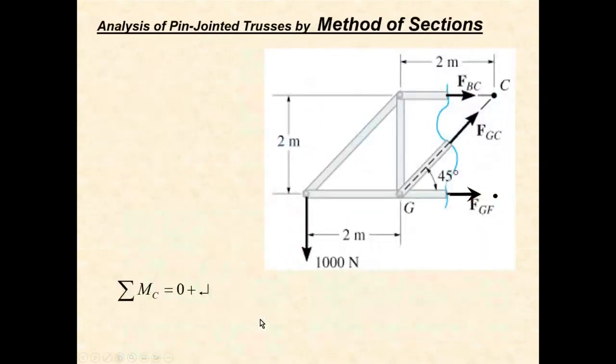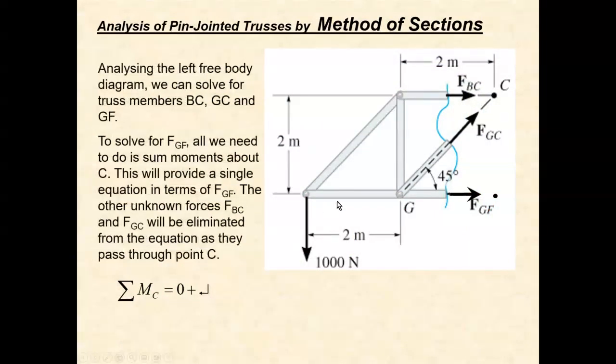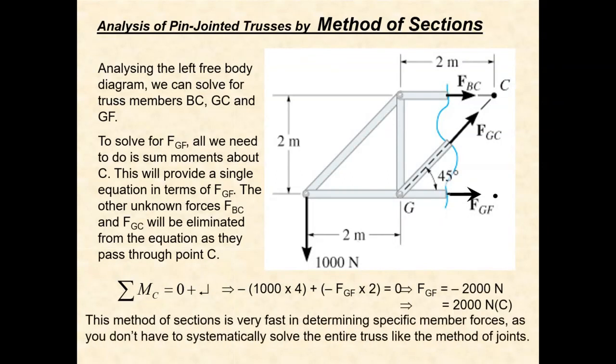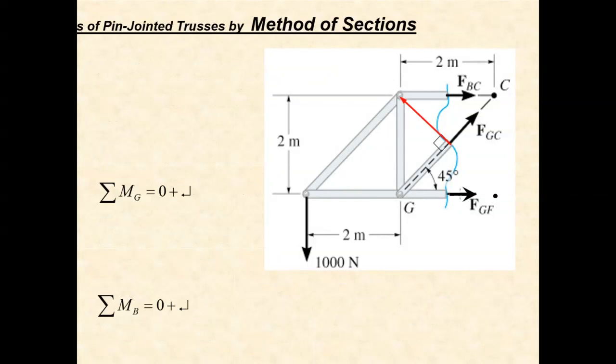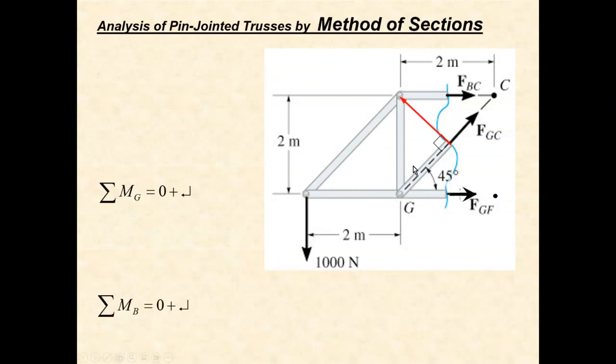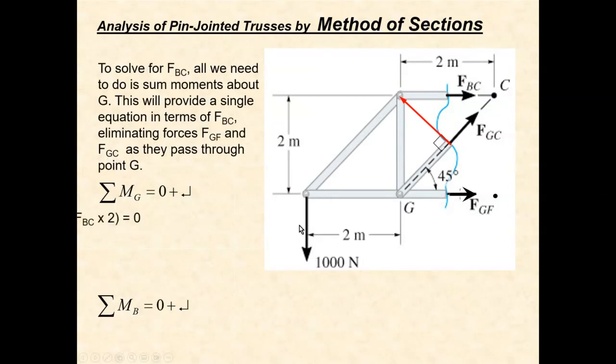The detailed solutions are provided here. They took the net rotation with respect to point C equal to 0, and solving that, the next step, they did net rotation with respect to B equal to 0, and then,